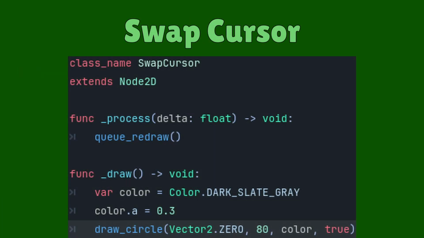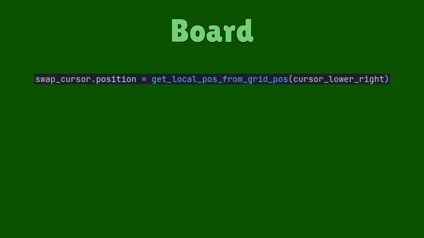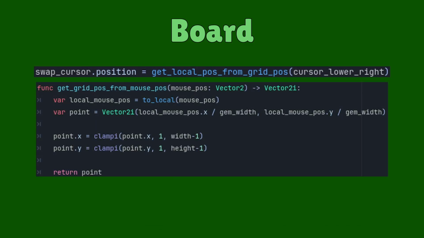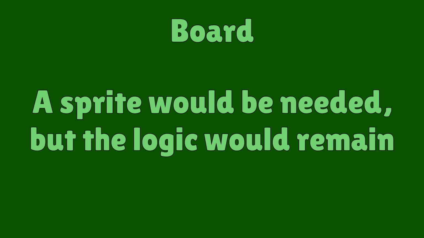To get the swap working, I used a simple scene called swap cursor, which drew a circle around its position that covered the gems that would swap. The board controlled where the swap cursor was positioned, making it follow the mouse but stay clamped to the acceptable area of the board and to the center of the 4 gems that would be swapped. As a full game, this circle would be replaced with a sprite showing off the swap direction, but the circle